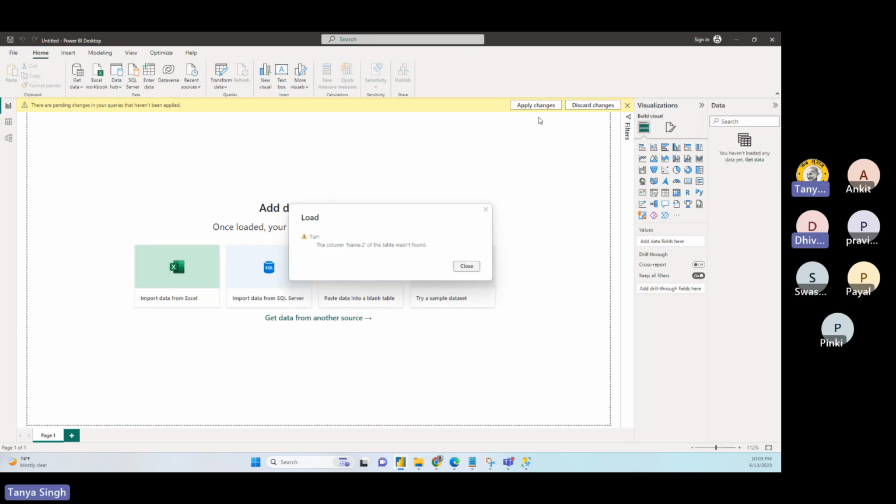Whatever tool you're using, right? I did it in Power BI. You can do it in Tableau, Looker, Excel, or Python. Yeah, some problem is coming. I think some of the columns have been overwritten, so we can fix it, right? But that's the way you'll do the data load.